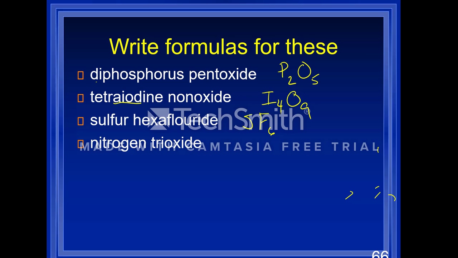And one last example, nitrogen trioxide. Nitrogen, tri 3, oxide O. Okay. The reason why I want to do this example is those of you paying close attention will notice that yesterday we said NO3 was nitrate. The difference is this is NO3 with no charge. That's nitrogen trioxide. NO3 with that negative charge is going to be part of something else. It's not going to be by itself. And that's when it's the nitrate ion. So that charge makes a big difference in how it behaves. Does that make sense? So it's not nitrate, it's nitrogen trioxide. Depends on whether there's a charge. Okay? And that is all I